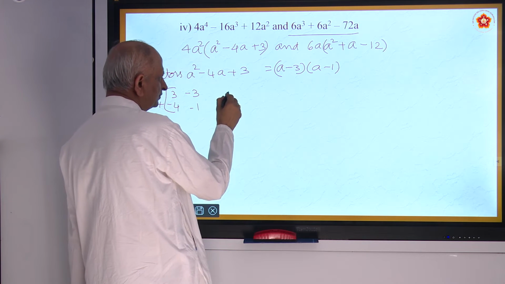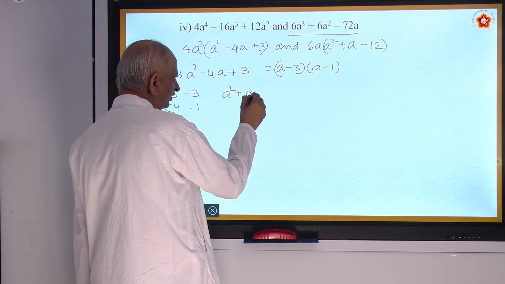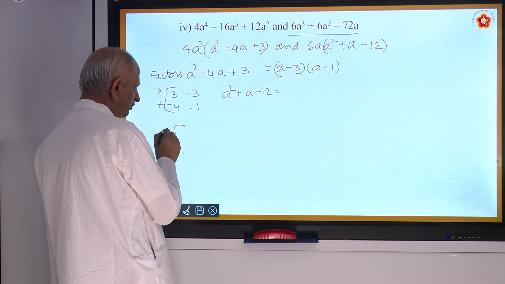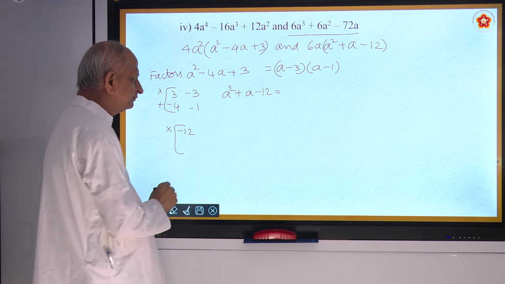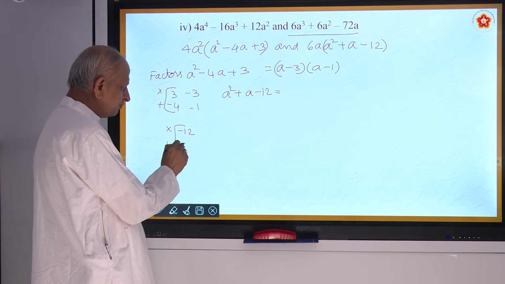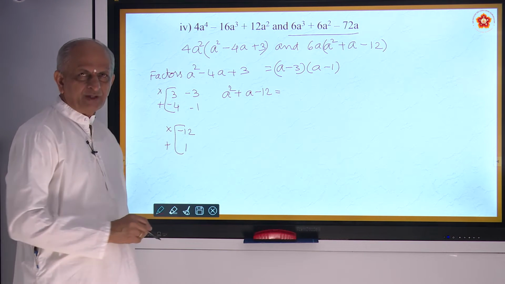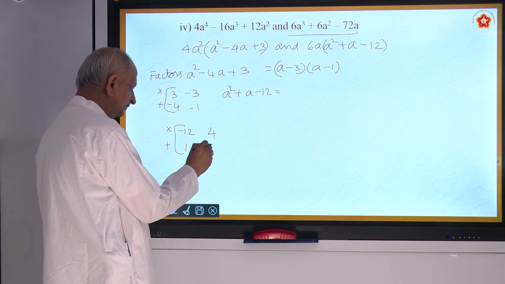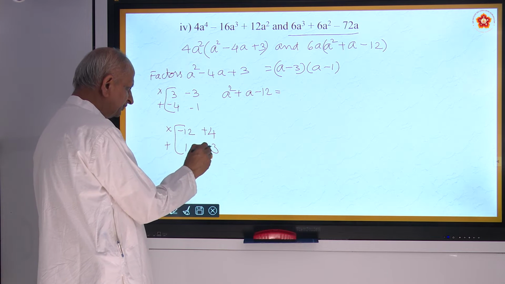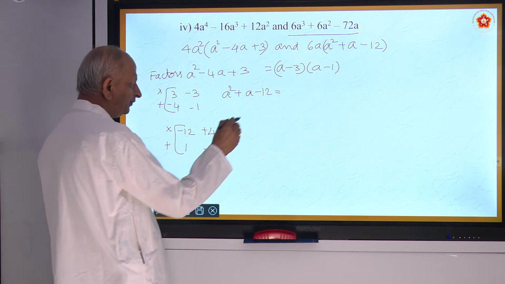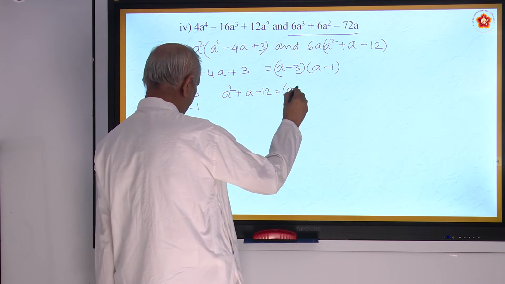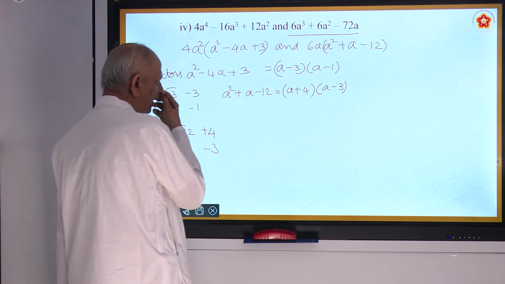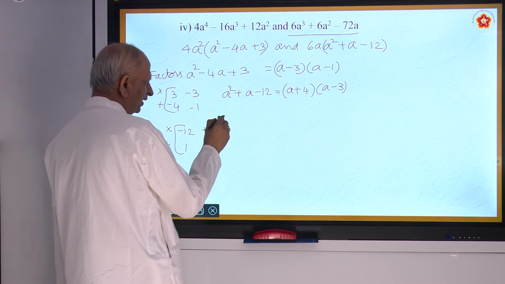Another one, a squared plus a minus 12. On multiplication you should get minus 12. On addition you should get 1. Come on, what are the factors? 12. 4 3s are, correct? Plus 4, minus 3. So you write it as (a plus 4) (a minus 3). They are the factors. And therefore,